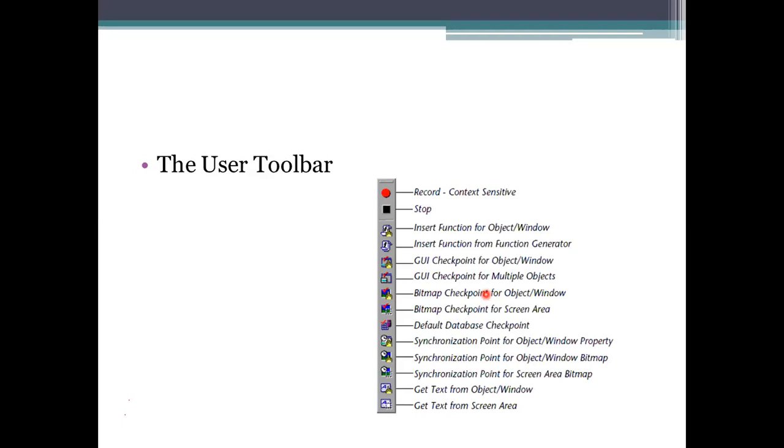If you want to stop, it can be stopped. These two are considered the recording part, and the remaining ones we use for synchronization and providing checkpoints, whether bitmap or GUI.